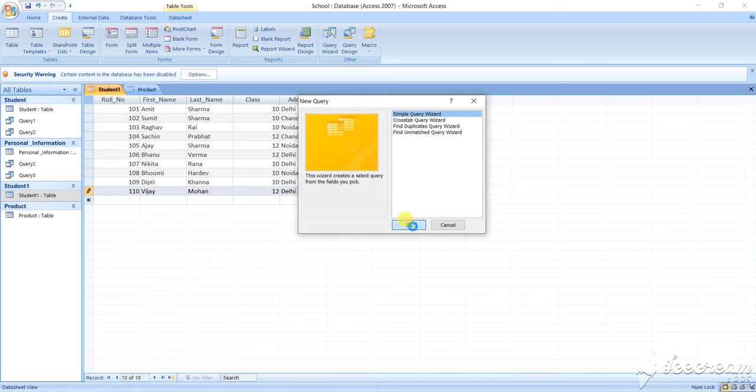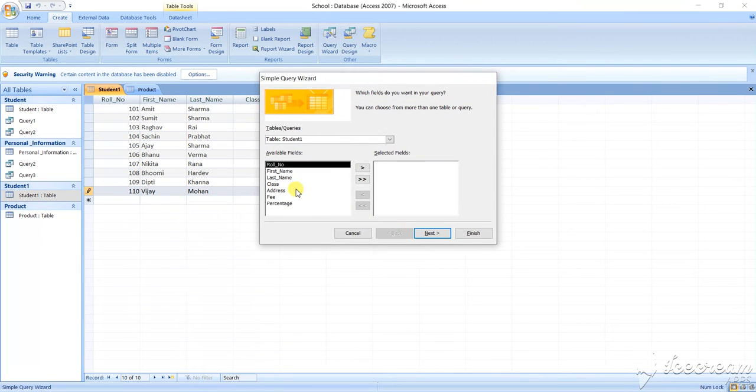Okay, simple query wizard. After you click on simple query wizard, you have to select the values. So what are the values you are selecting? Suppose roll number. See here the button to select. So select field, first roll number, then the first name. If you want to select the first name, then first name comes. If you want to select the last name, then last name. I am selecting the last name. After the last name, I am selecting their address. So there is the address, so I am selecting this address.